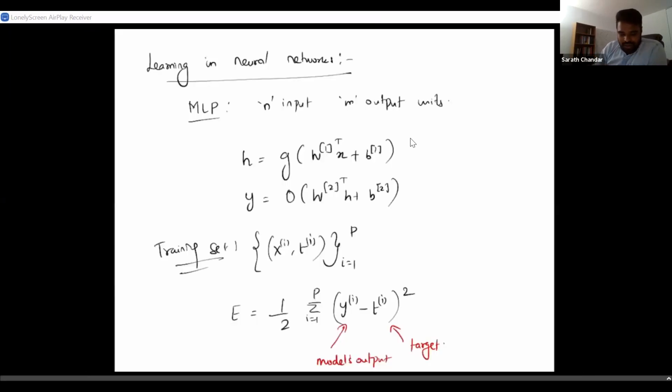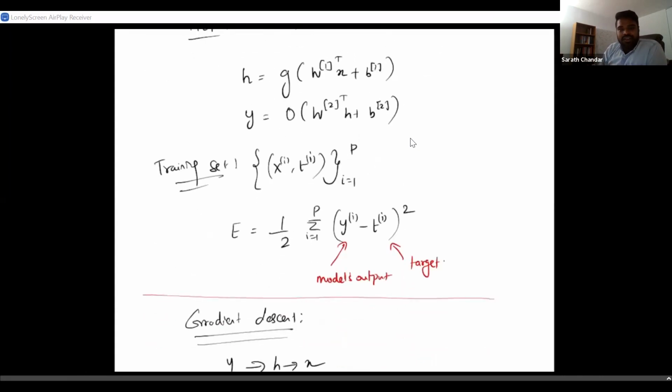Okay, so let's begin. Let's do a very quick recap of where we left off in the previous lecture. We started discussing neural networks, specifically how to train them, or how to learn the parameters W's and B's in a neural network. We started discussing how to do backpropagation, and we just looked at the base cases and then stopped there. So just to give a quick recap of what we have seen so far, here